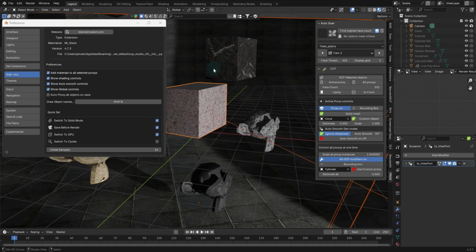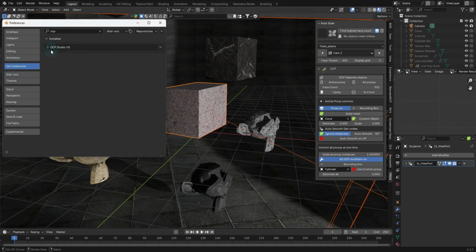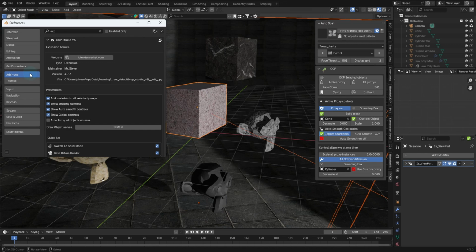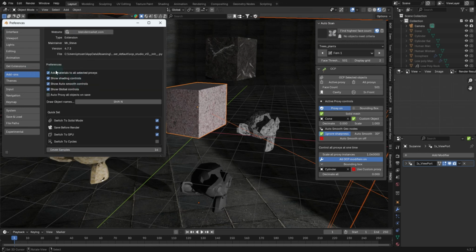This is an overview to teach you guys not only what OCP is, but how to get the most out of it. There'll be two main sections here in the add-on panel. Once you've installed this as an extension, obviously you don't see those controls there. You see them in the add-on panel. Now over here, you'll have your preferences for the Proxy add-on, and you'll have preferences for Render Switch, which I